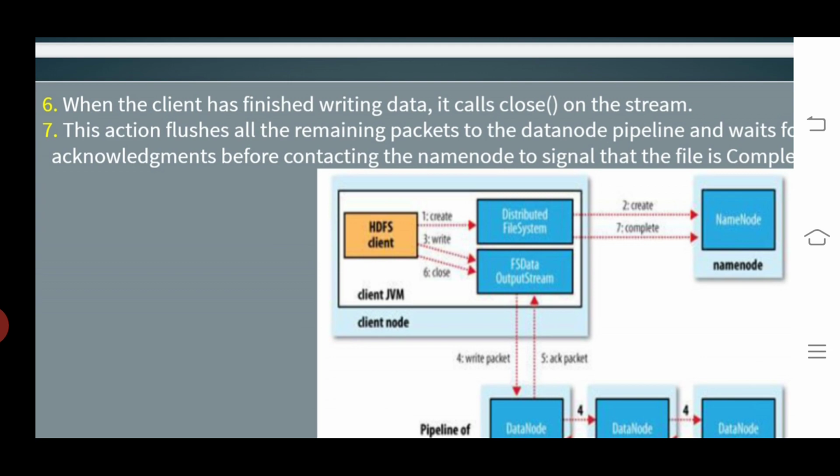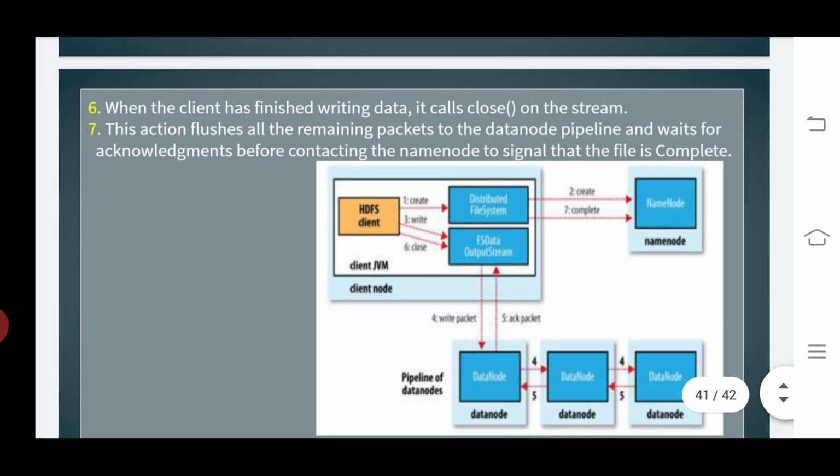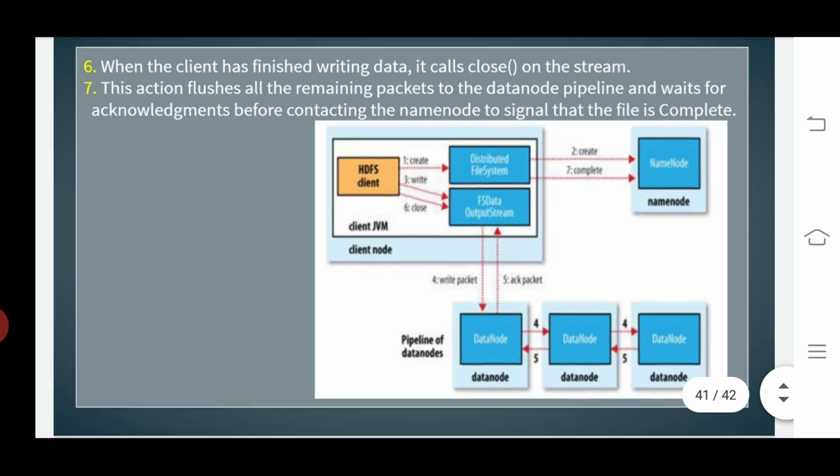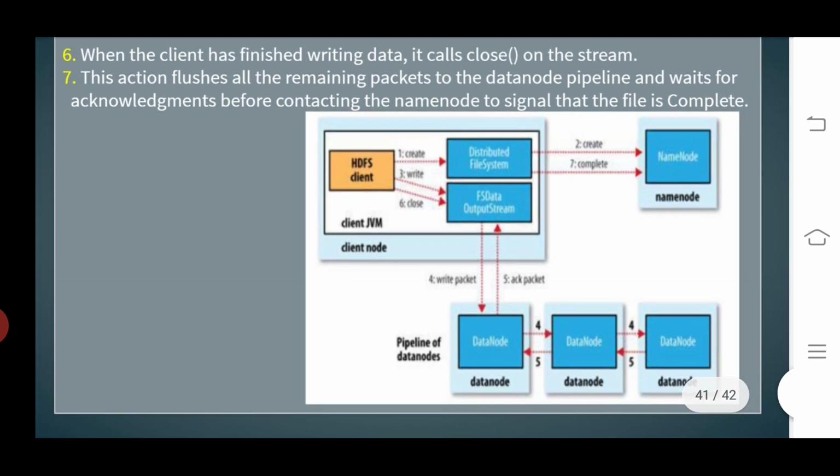This action flushes all the remaining packets to the data node pipeline, and it waits for the acknowledgement before contacting the name node to signal that the file is complete. This is the concept of data flow of write operation.